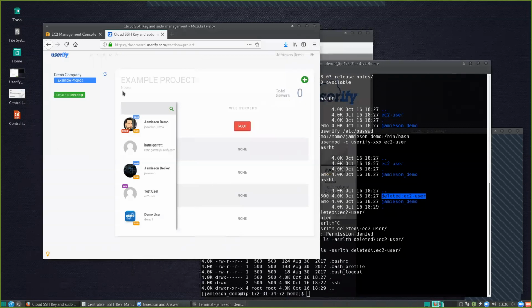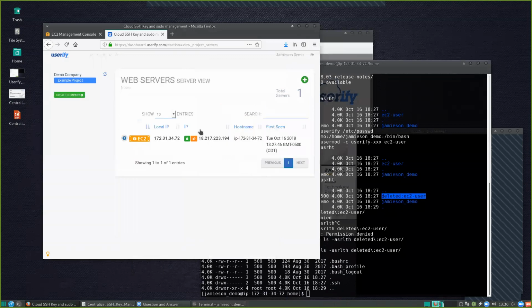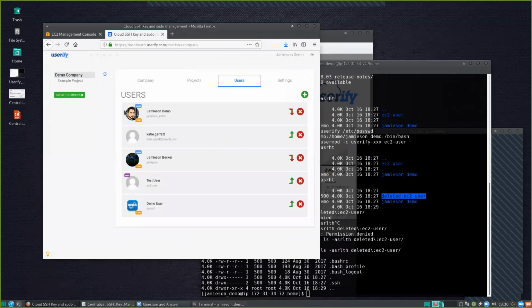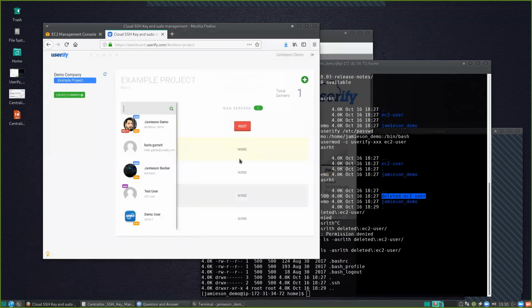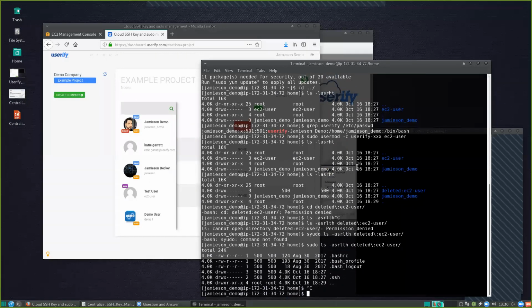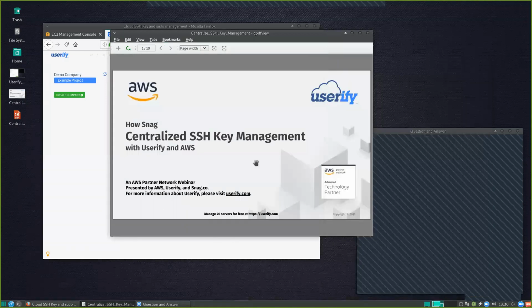All right, so here we are, and we can actually see that this is now available as a server that could be logged into. These other users on this account are not able to see this server group. They don't have any access, so therefore they cannot actually see these particular servers. They can't even see that the project exists, in fact. So with that, I think we're done with the demo. So let's go back to our